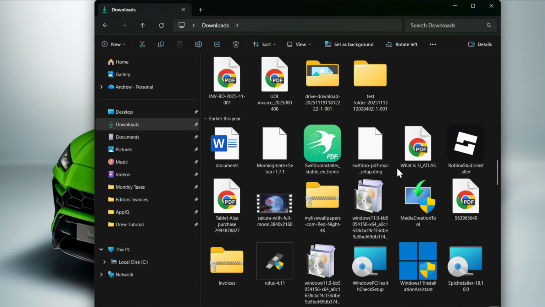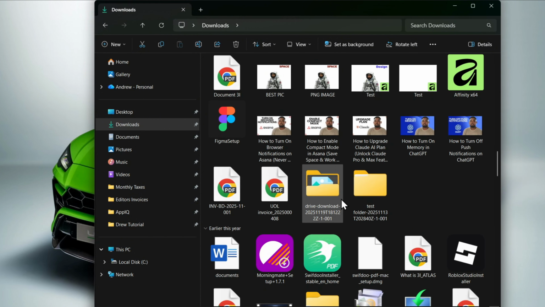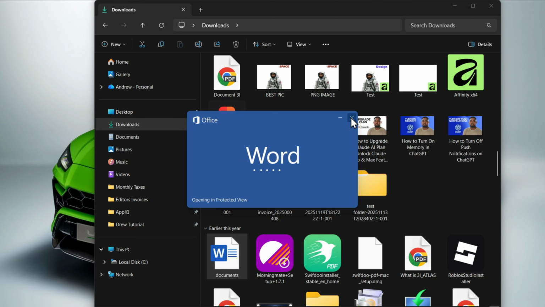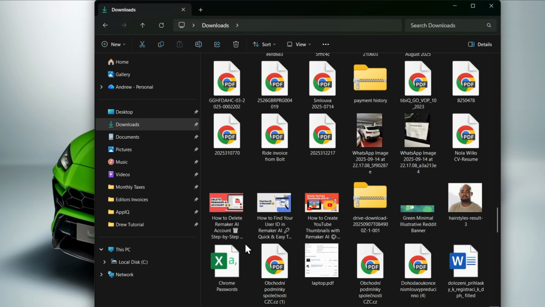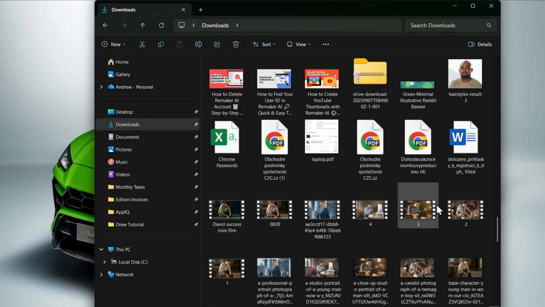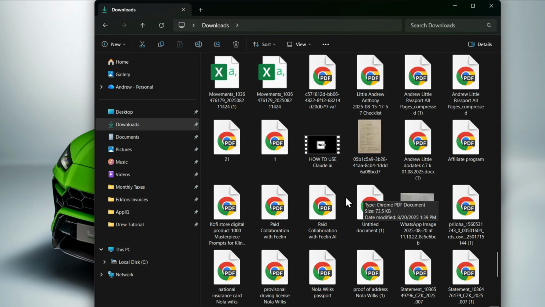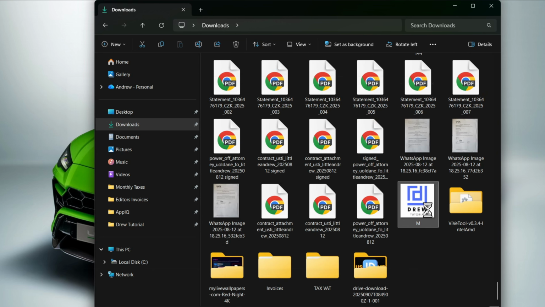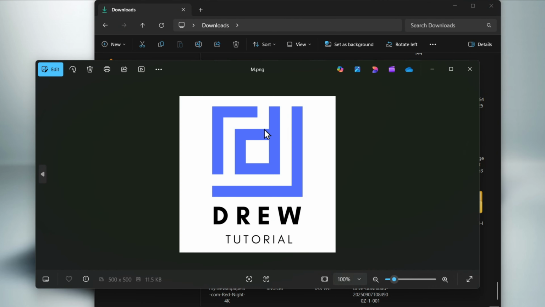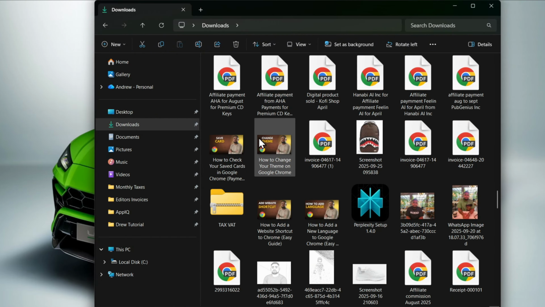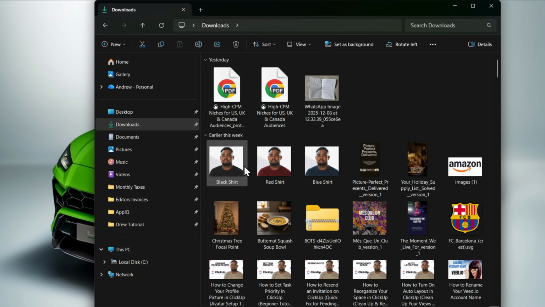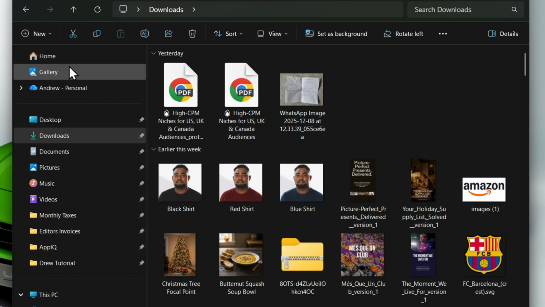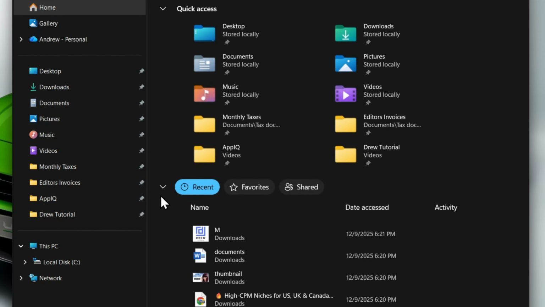I'm going to open up something else as well. Let me go through my list. I see this is a document file. I'm going to open up this file here and I'm going to close it, right? So this is something, and I'm going to scroll through again and just open up a few files. So this is something else. I'm going to open up, for example, this file here and so forth. And so these are files that I'm opening, and it doesn't matter what file you open up on your computer, these will show, right? So now if I go to Home, you will see right here on the bottom, it